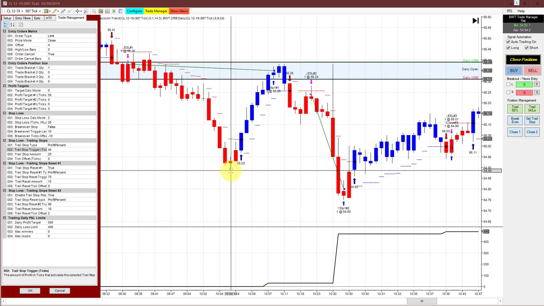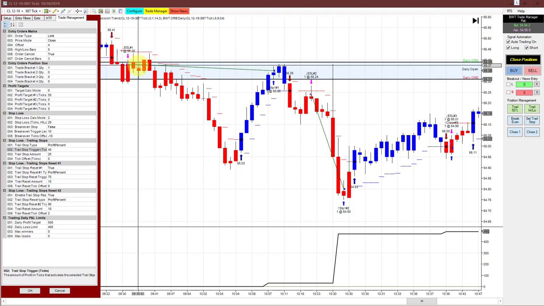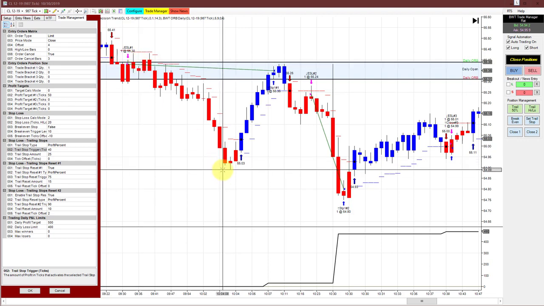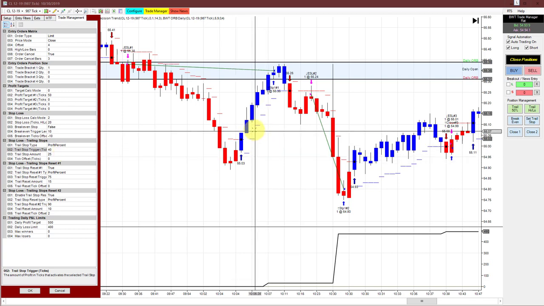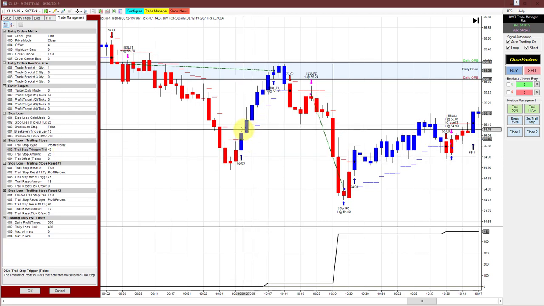This was 1 tick shy of triggering the trailing profit by percent. This is incredible. The entry was 55.38 and the low was 54.89. A low of 54.88 would have triggered our trailing stop at 25%, and we would have exited right here. So this is just one of those deals where